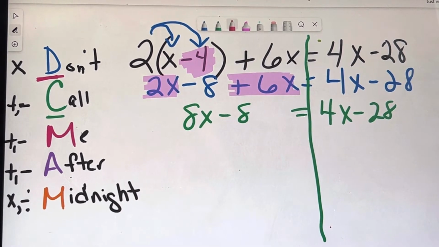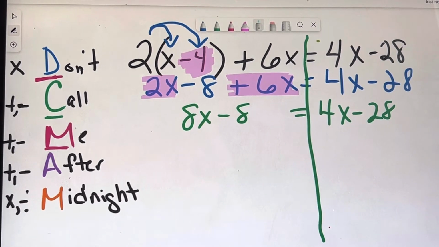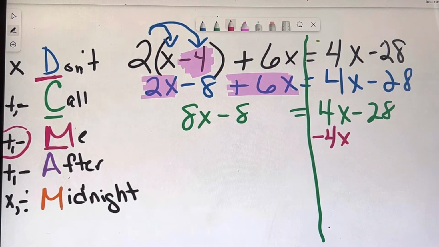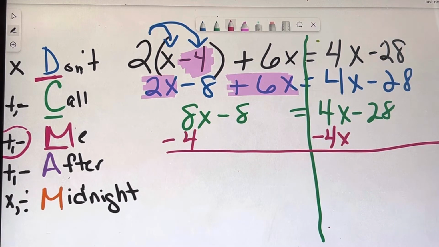The next step, M, that means move the variable from one side to the other. If I want to, I can move the 4x over here, or I can move the 8x over here. For me, I like to keep my variable positive. So in order to do that, I'm going to move the 4x to the left-hand side by subtracting it. Notice that when we're moving variables, it's only through addition or subtraction. And if I subtract on one side of the equal sign, I have to subtract on the other